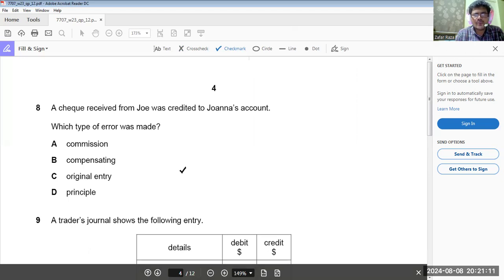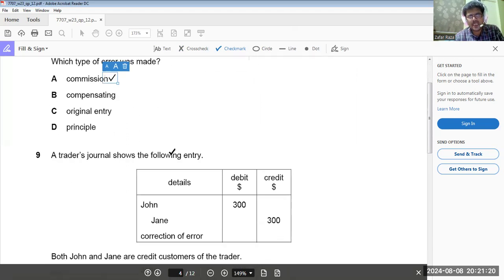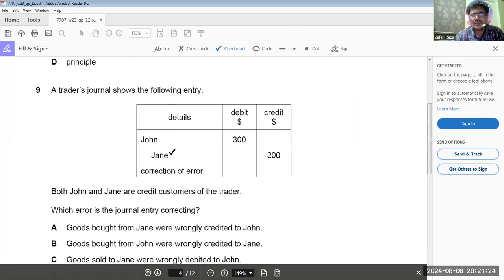A check received from Joe was credited to Jonah's account. What type of error? Yes, definitely it's very easy, error of commission. When there is a mistake in the name of customers or suppliers, there is an error of commission. Now, a trader has made a correcting entry. This is correction of error. We have rectified the error. When we have rectified the error, they are asking what was the error which has been rectified through this transaction. Getting my point clear? So what we have to do, it means